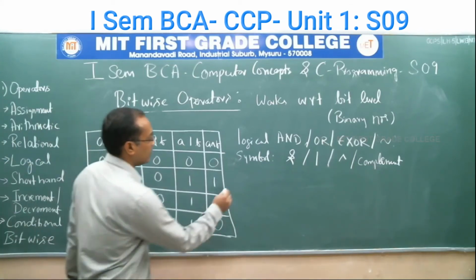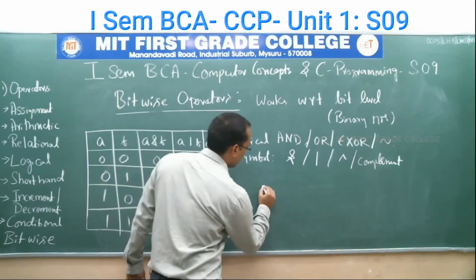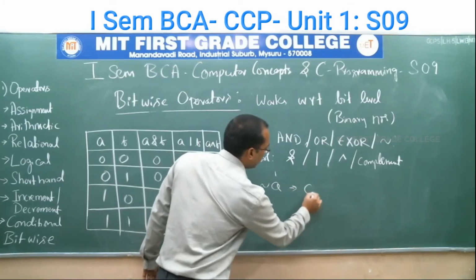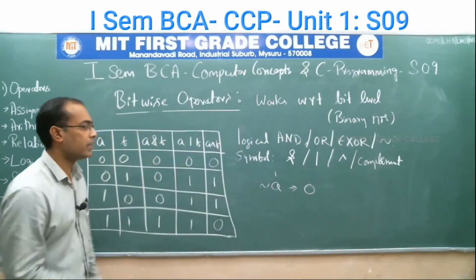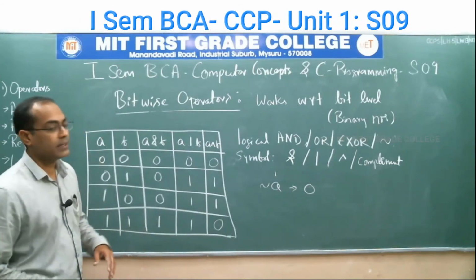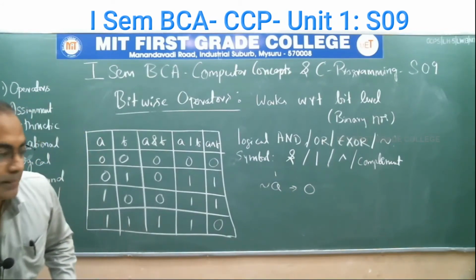Negation is quite simple. If we are using negation of A and the A value is 1, the output will be 0. 1's complement will be implemented. Now we will see the shift operators.